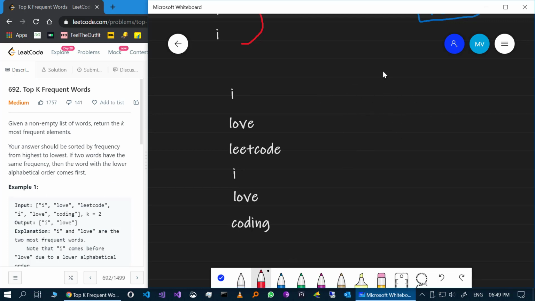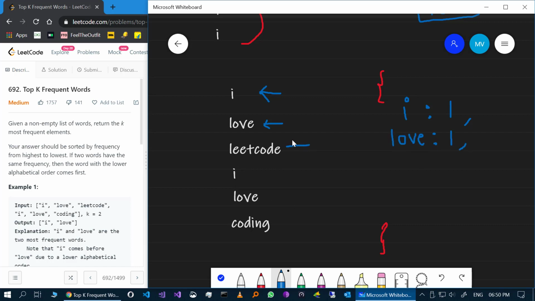Let's do that. Suppose my map is this. Here I will have some key-value pairs. One by one, I'll try to process the words and I will create the map. When I am processing this one, the word is not there in my map, so I will just put its count to 1. Then I'll come across this word. It is again not in my map, so I will update its count to 1 again.